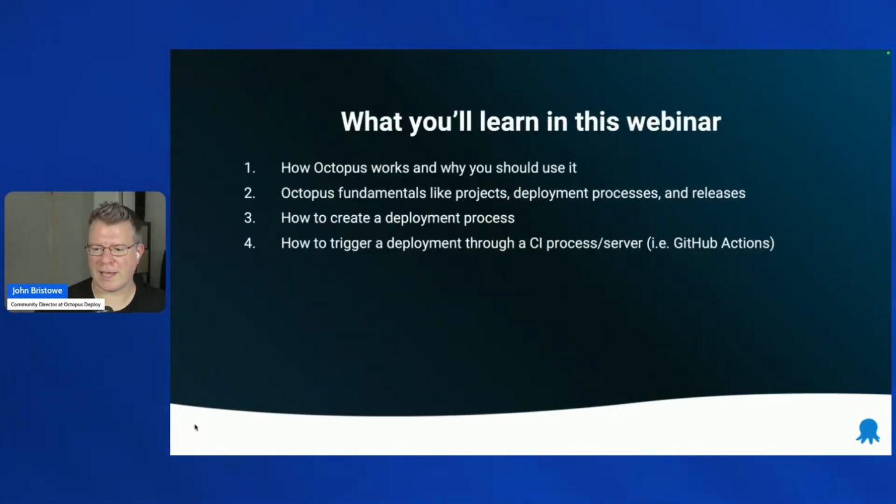All right, so what are we going to tackle in this webinar? We're going to talk about 4 key things. I want to put this on the table to make sure that you understand why you're here and what you should get out of this webinar. First and foremost, we're going to talk a little bit about what Octopus is. And more importantly than that, we're going to talk about how it works and why you should consider using it. Oftentimes when we look at technology, the why and the what aren't often addressed. It's the how that's often talked about, but the motivation, the why you should use something, is not often addressed.